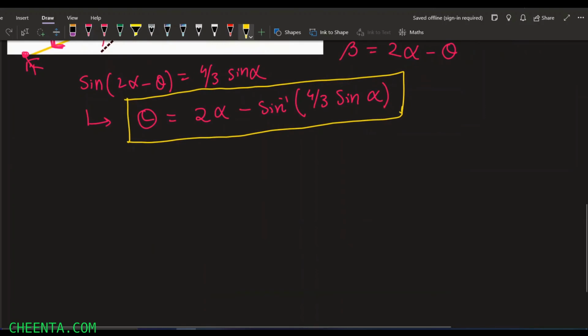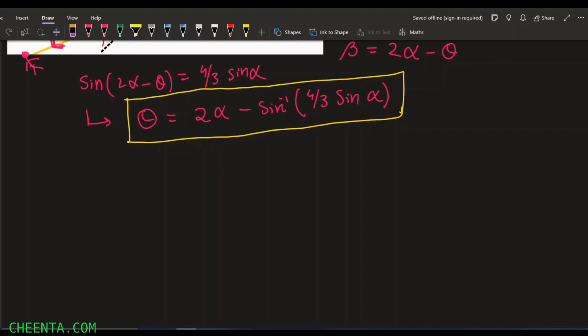Now how can we find the value of theta? Well, you can just give the reasons in the comment and I will say the result, but I will not say why. The value of theta will give us the rainbow, that is, we can see the rainbow for the value of theta at which theta has a maximum value with respect to alpha. So for a particular value of alpha, we will get a maximum value of theta, and that particular value of theta is our desired result.